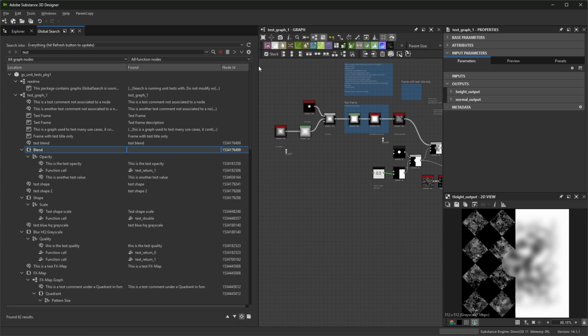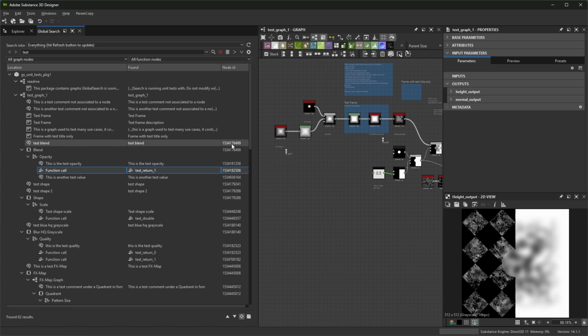So we have here three columns: the location, so this is where things have been found. Here this is the found match, so this column here is only for the items where we found something. For example, here there's a comment, test blend, so we found the test term inside this. But here we didn't find anything in this, but we're showing this node into the tree anyway because we found something inside the node. Here we found test as the name of a function which is being called here inside this opacity parameter. And we also see the node ID,